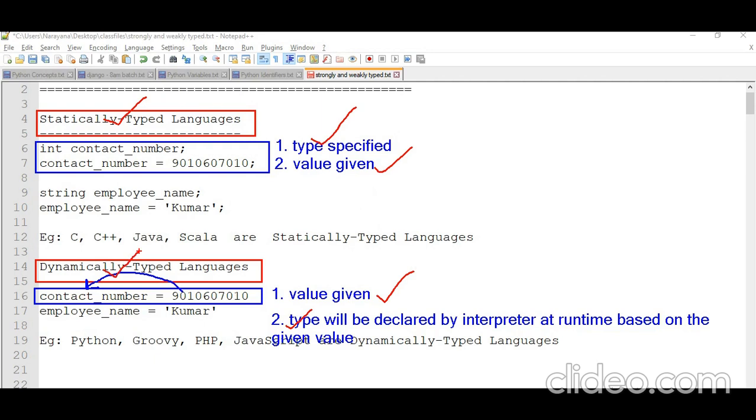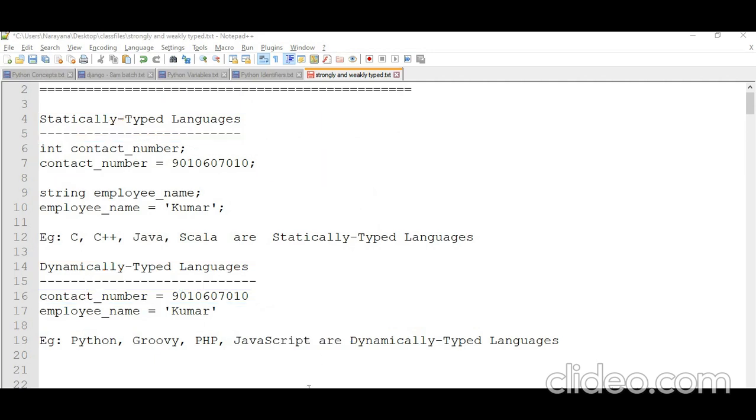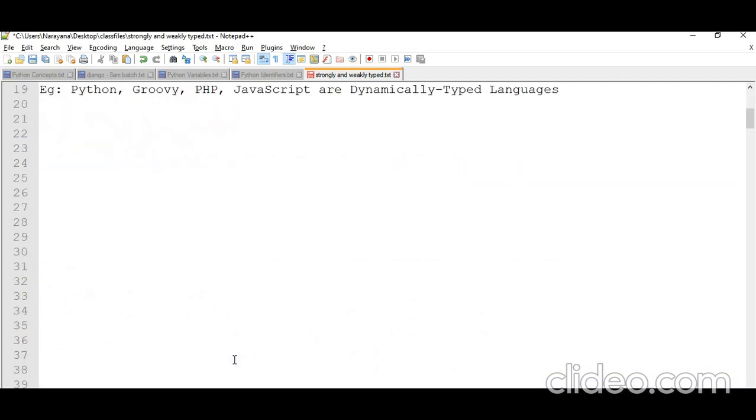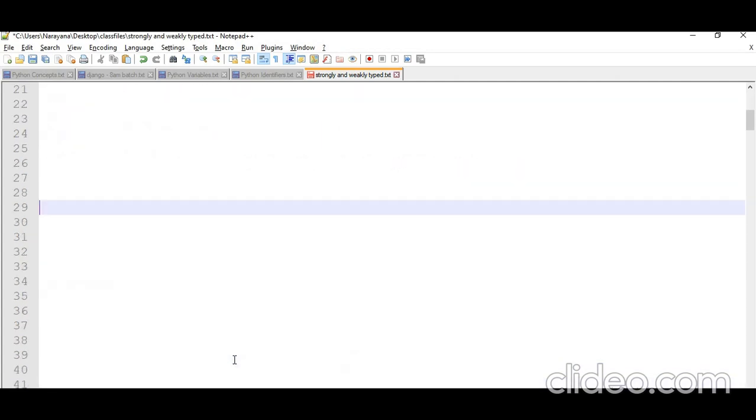Now let us see one more thing, that is strongly typed and weakly typed languages.